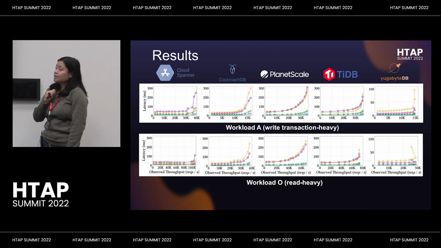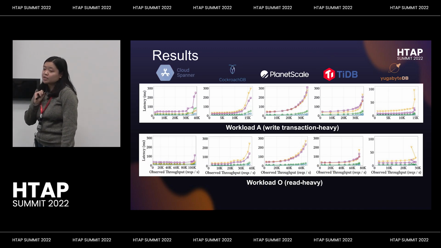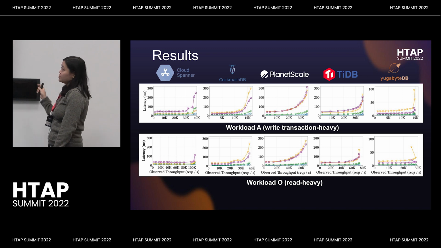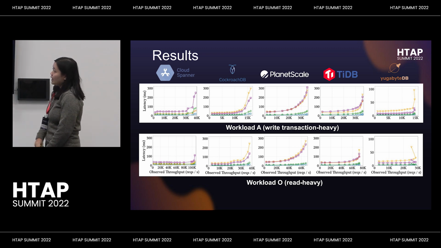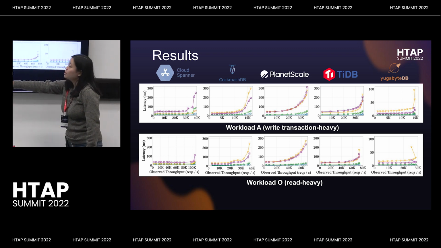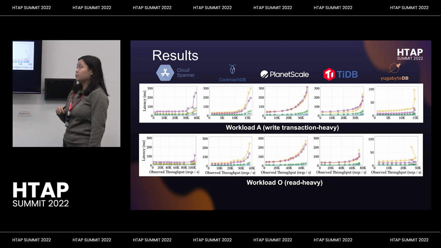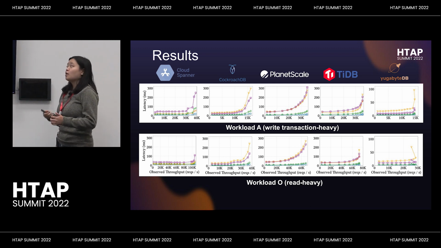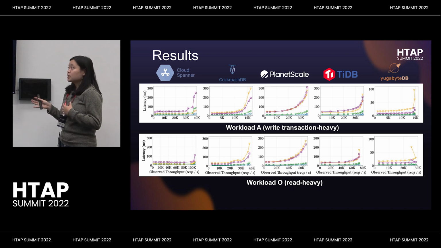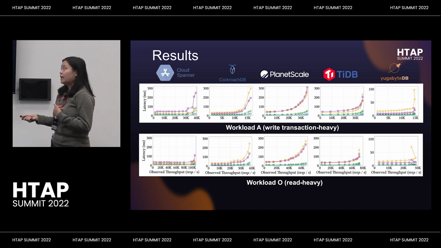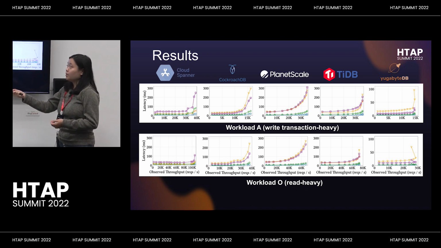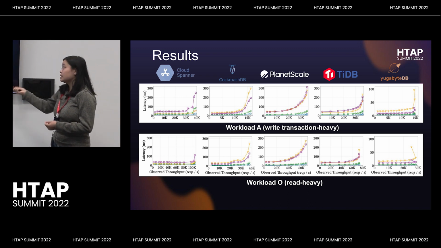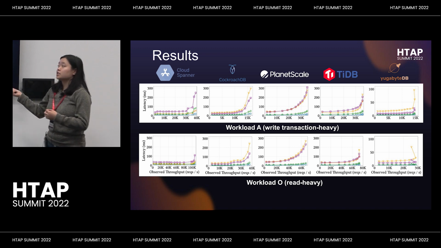Cool. So next, I will talk about TAOBench's performance on a number of systems. So we ran it against 5, which we listed up there. And excluding Spanner, the 4 on the right are systems we ran with 48 cores. So they're roughly equivalent, though we use cloud clusters, so the hardware is not exactly the same. And also keeping in mind that certain systems offer different guarantees. So TiDB, for example, does not have serializability; its strongest guarantee is snapshot isolation.